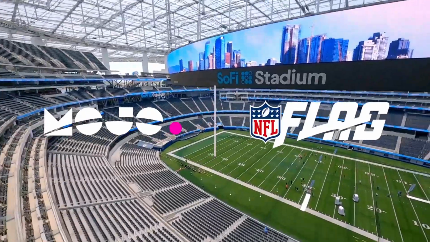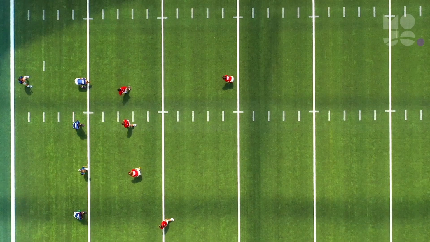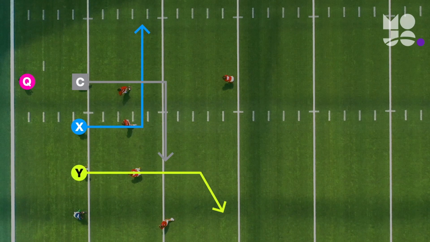Overwhelm the defense with options in this play called Trips Play 2. Here's how it looks. Your center runs a 5-yard out to the right, while your X receiver runs a 3-yard in behind. Your Y receiver runs a shallow corner route, also known as a sail, and your Z receiver runs